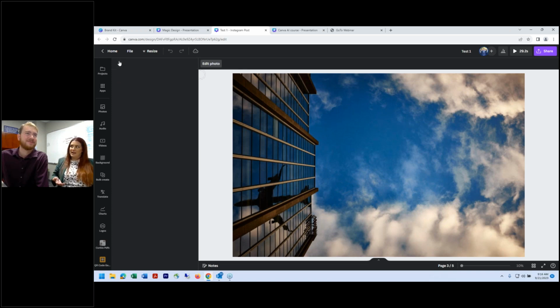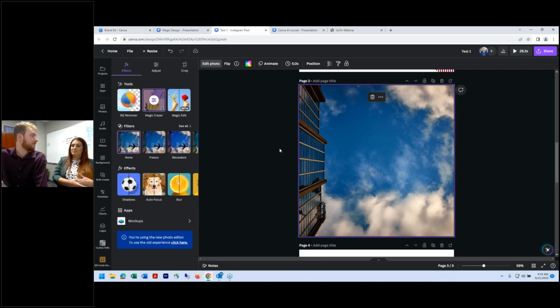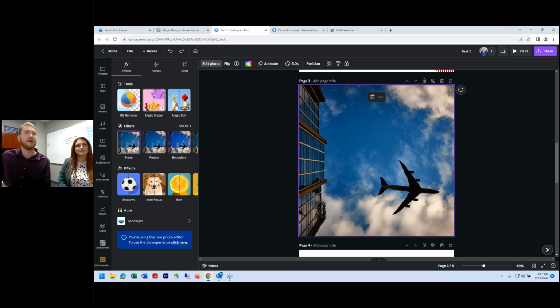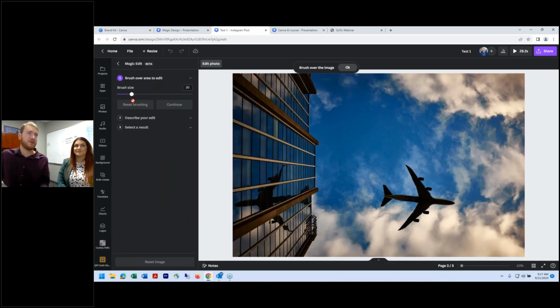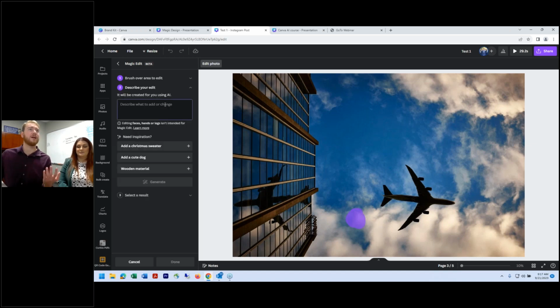So what if I did want the plane and I want to add a person jumping out of it? Great. So let's hit Control-Z to get back our plane. And then we'll go into Magic Edit. And Magic Edit essentially allows you to type text and add things based on a textual input. So what I'll do is I will select the area in which I want to add a new object. So let's say we want to add a skydiver right here. I'll click Continue. And then now the AI is going to ask me what I would like to add into the image. And I'm going to say